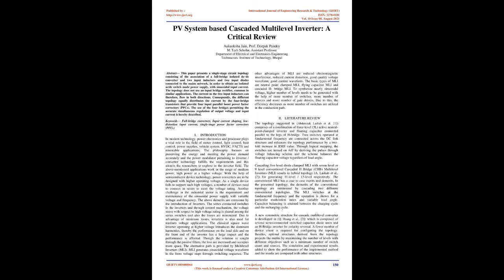To synthesize a nearly sinusoidal voltage, a higher number of levels needs to be generated with the help of more switches, more sources and more gate drivers. Due to this, the efficiency decreases as more switches are utilized in the conduction path. Literature review. The topology suggested in